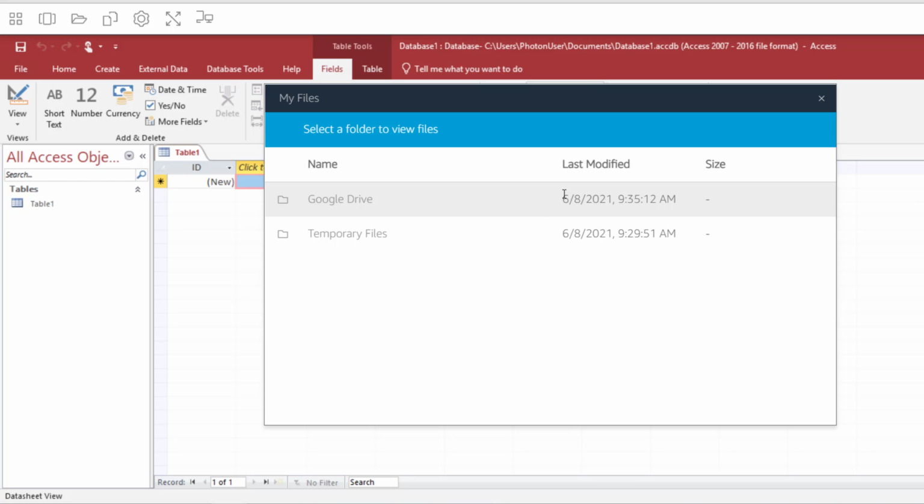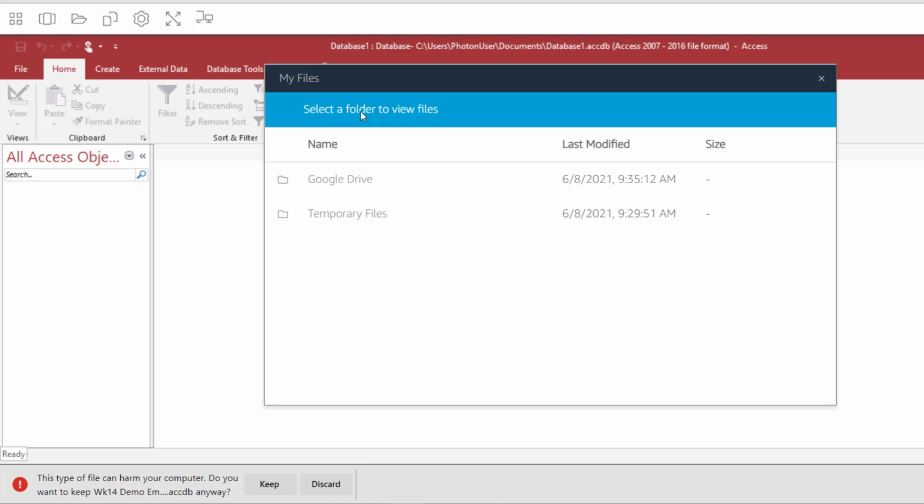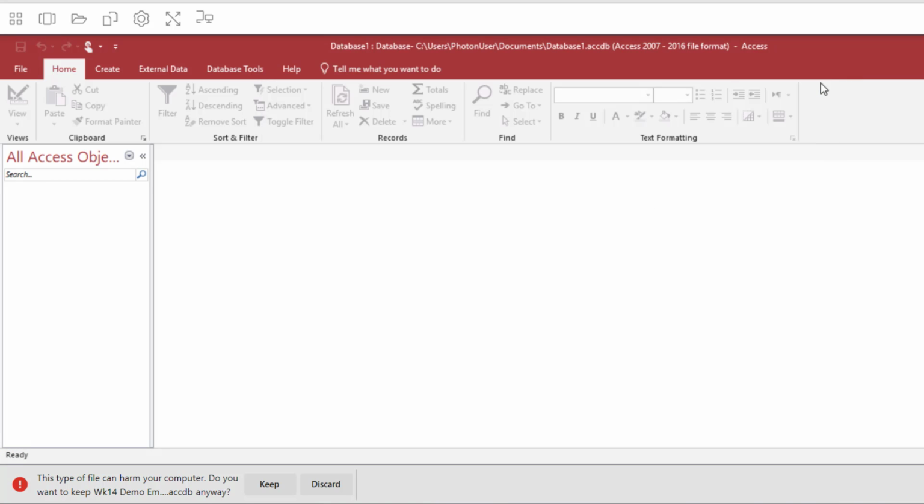Keep in mind that this means that in order to access a file in AppStream, you will first need to upload it to your Google Drive separately, say in a separate tab on your browser. But once you've done that and you see the folder linked in My Files, you can then close this window and locate the file you need from inside the application itself.